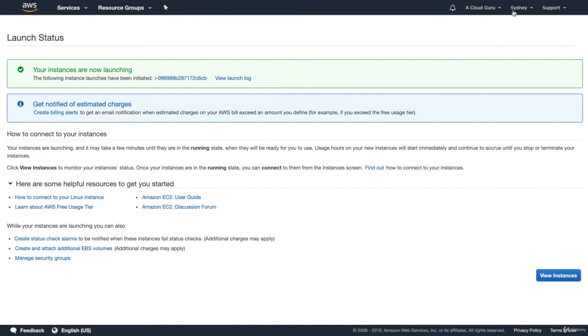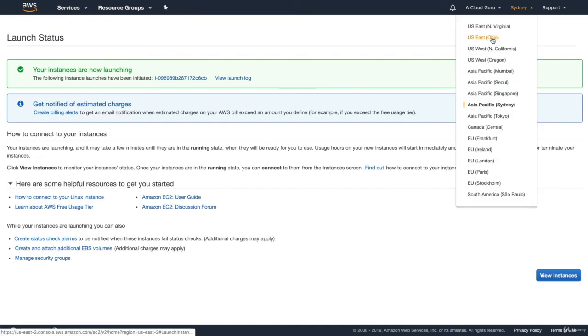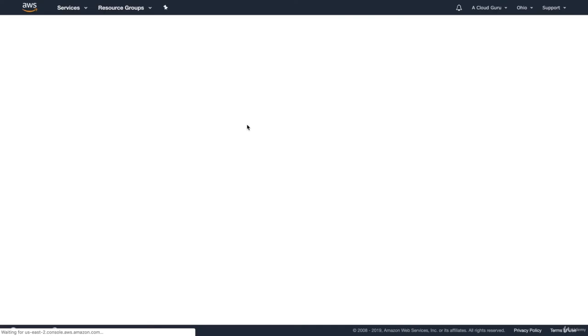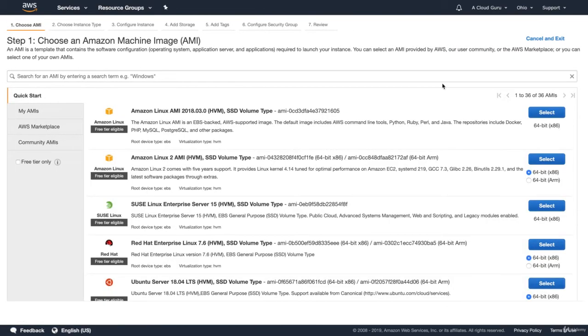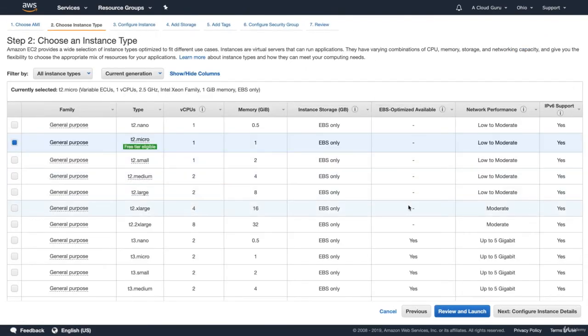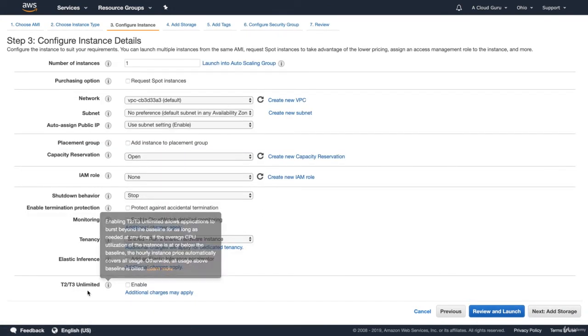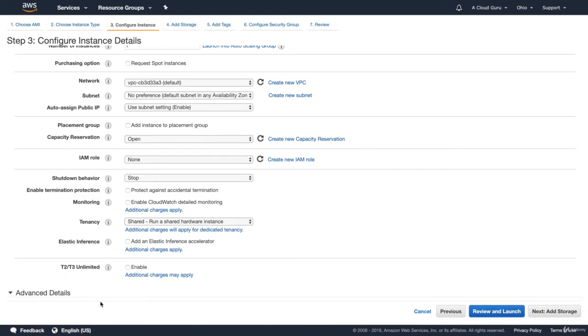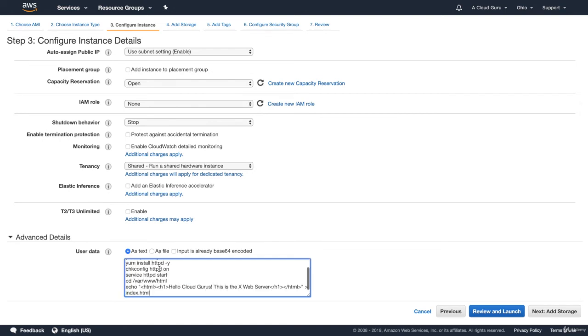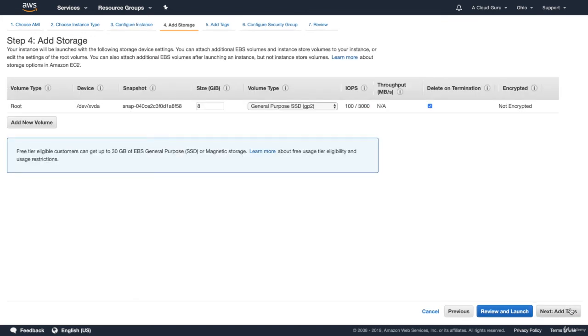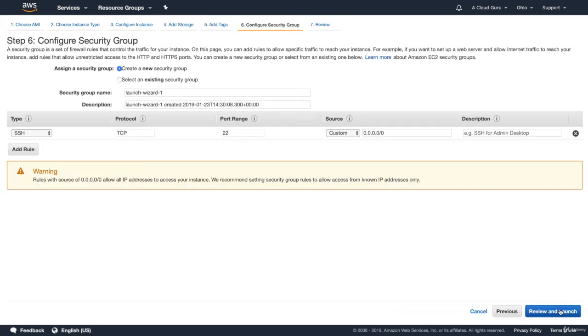And then finally, I'm going to go over to the Ohio region, and launch my instance in there. So again, I'm going to use Amazon Linux AMI. I don't think I've ever used the Ohio region either. I'm going to put in my bootstrap script, paste it in here. So this is the Ohio web server. Next, I'm going to add my storage, add my tags, add my security groups, create a new security group,